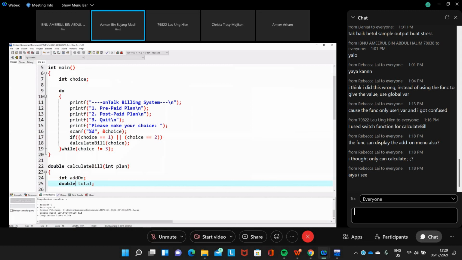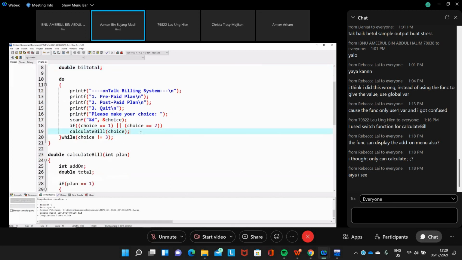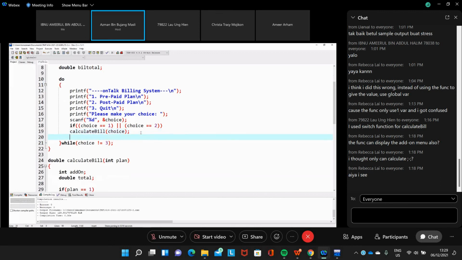So we forgot to do this one. This is actually a double. This is the bill total. We simply output the result here. So bill total here equals the calculation, and then we just print f.